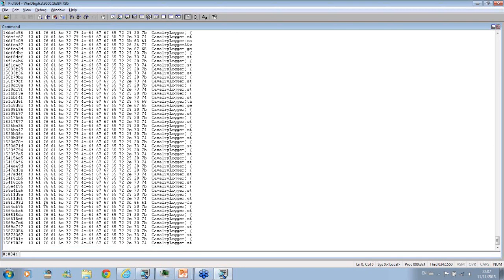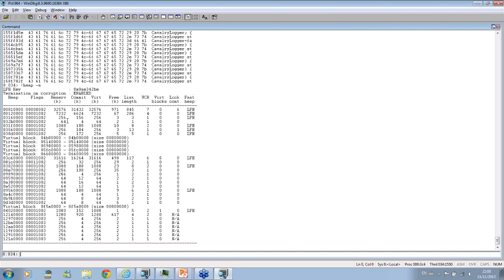There are more and more of them. So we clearly see a memory leak resulting from Facebook usage. This is what I wanted to show you,